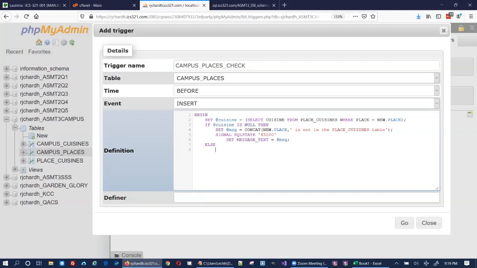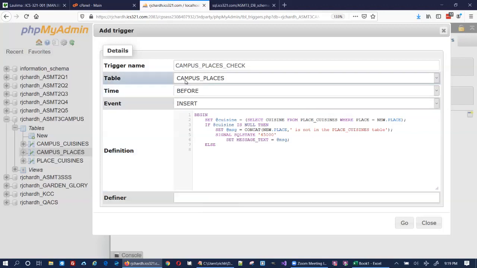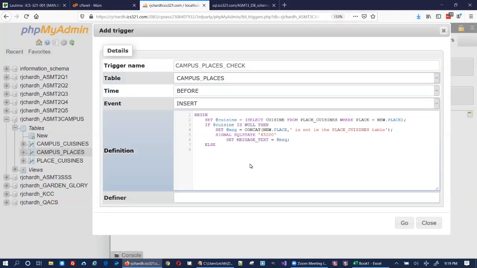We have the cuisine. We want to check to see if this cuisine has already been specified, or already has a favored place at this campus. We're inserting a new campus and a new place, you see. So set, and so I want to grab out the place. I want to see if there's a place in there that's already of that cuisine. So I'm going to call that one @place equals